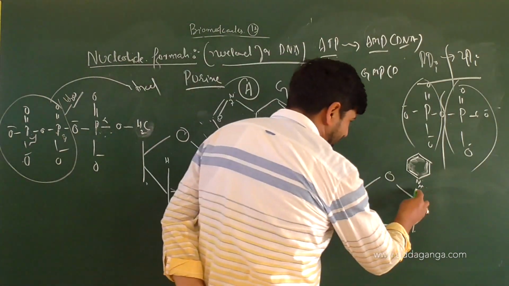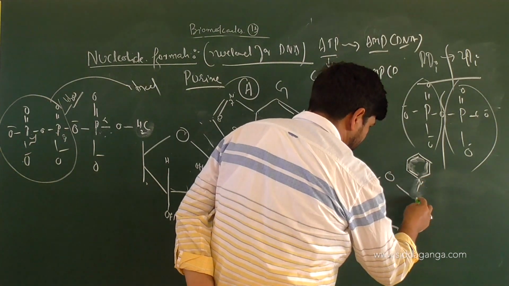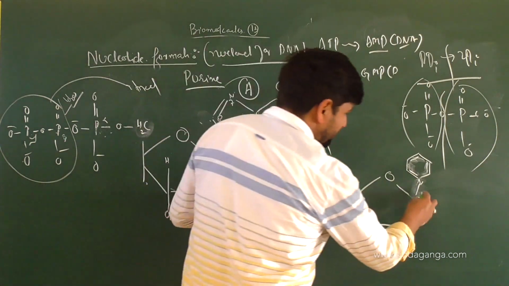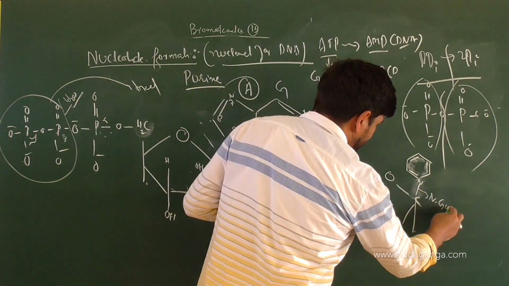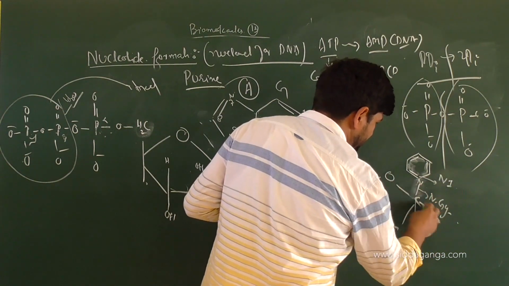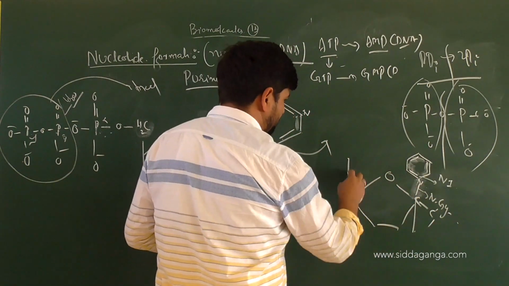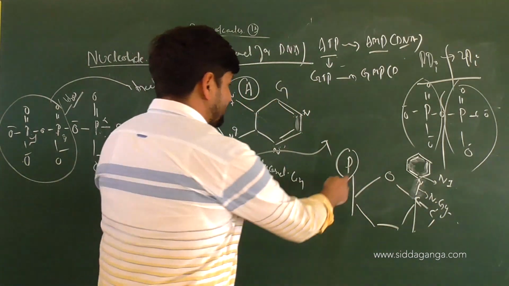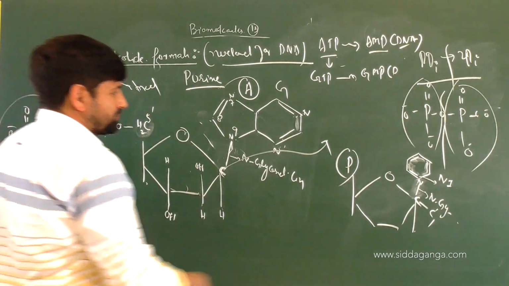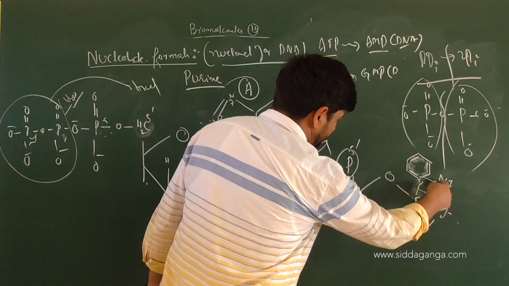So what will be happening again? CH2OH. Again you will get N directly linked to what? Carbon. So again you will get which linkage? N-glycosidic linkage. But this is which carbon? Nitrogen now. This is nitrogen 1 and this is C prime 1. So linkage from which base? And then usually P. I will now mention that as P. That P you can see is at what carbon? 5 prime carbon. This is at C1 prime. Correct or not? So N1.